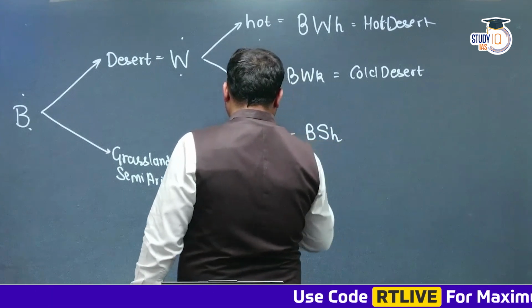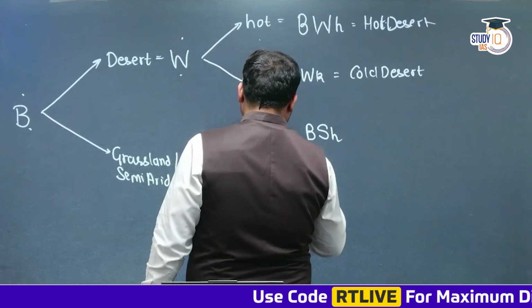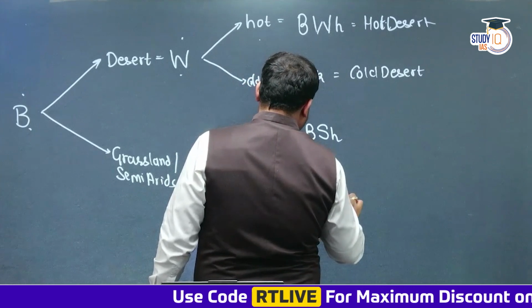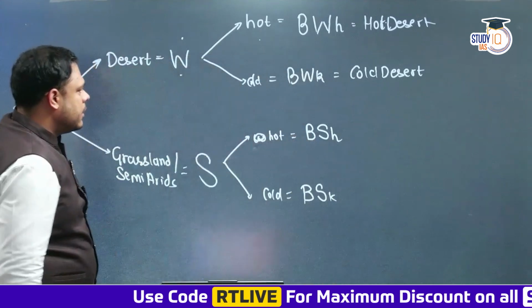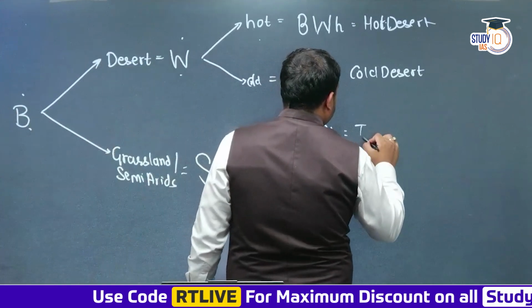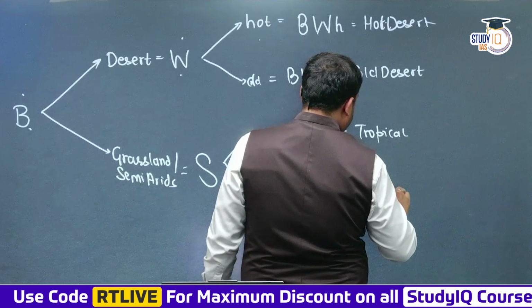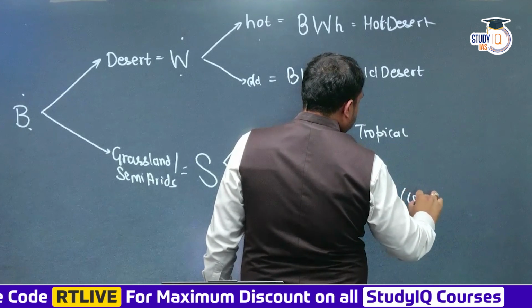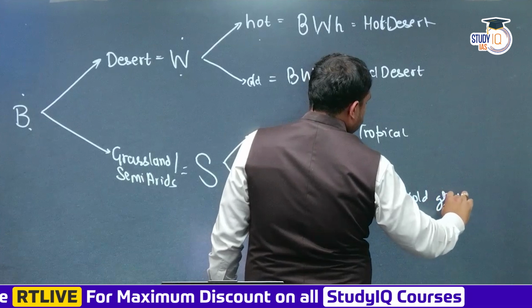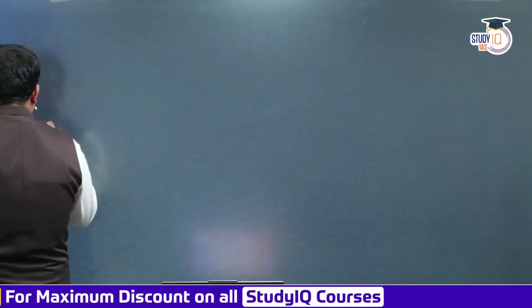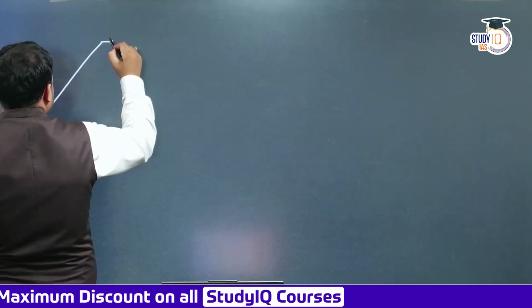B-S-H, and what guys? Cold is B-S-K. These are known as tropical grasslands, and these are the temperate or cold grasslands. Fine. Next. C type of climate, he divided first, guys,